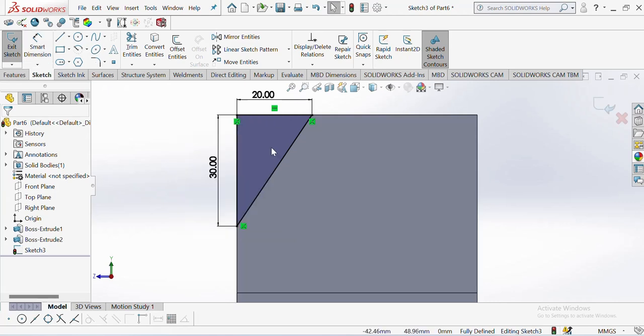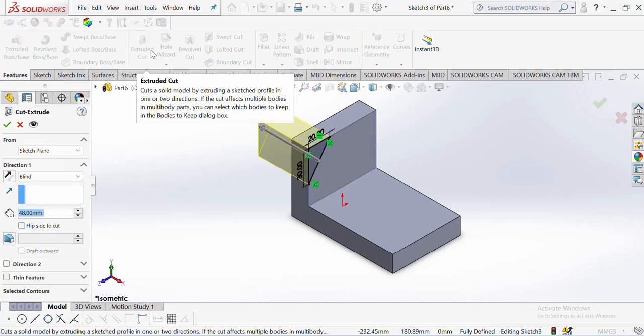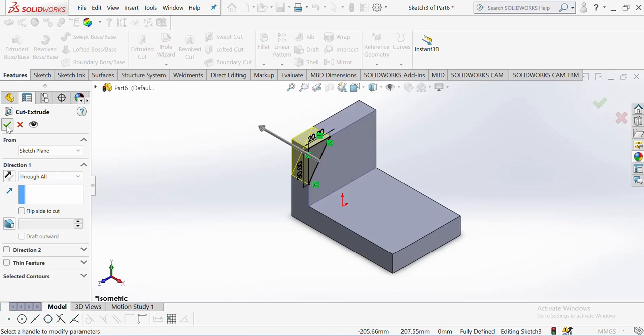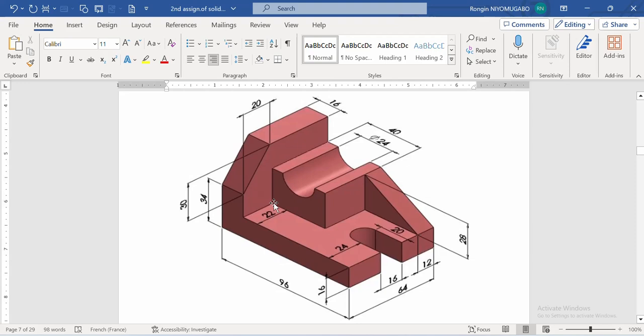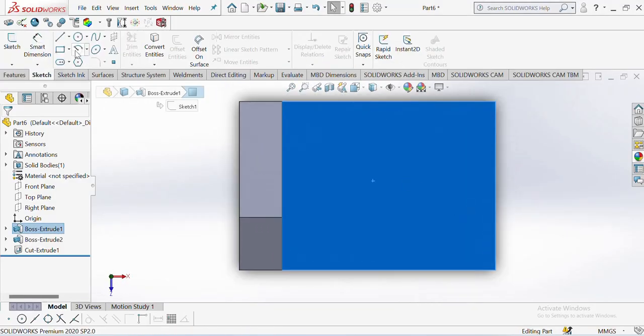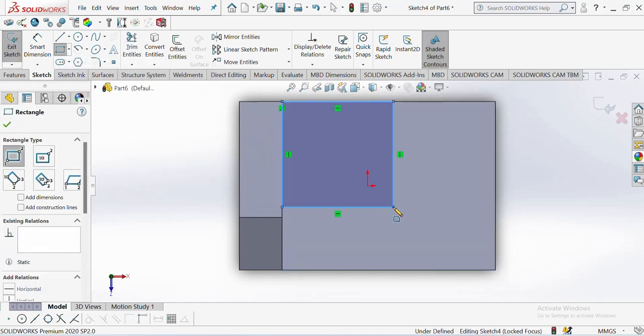Okay, isometric, features, cut, extrude, blind, lower. Okay, you see, come to this side, this is 28, this is 40. Okay, select this one, normal, sketch, corner rectangle, start from this side up to this one,